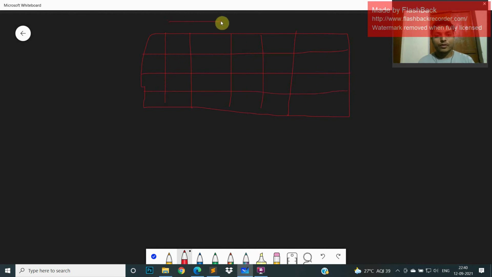The numbers go from 1 to m, and here I number from 1 to n. So if I take any two people sitting here and here, the number of people will be n cross m, so all seats are fulfilled at the last.